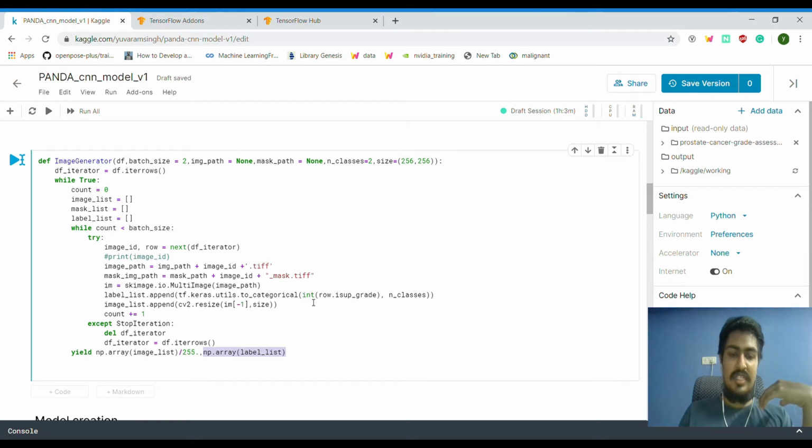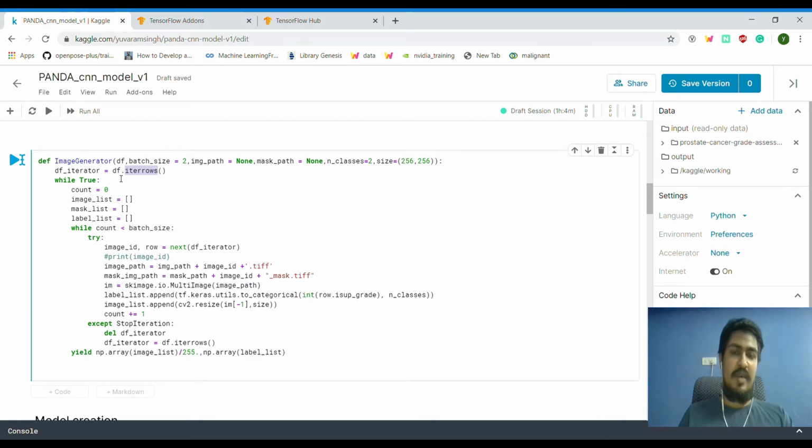This actually saves a lot of space in your RAM. It is a bit easier to load the data, feed the data into your model, and you don't require a huge amount of RAM space. So this is pretty simple only. So I'm just defining a generator. I'm just passing in the data frame, batch size, and image paths, and what is the size I want to have. So I'll be using 512 by 512, and then I'm just going to take an iterator of this. So iterator is going to be like another generator.